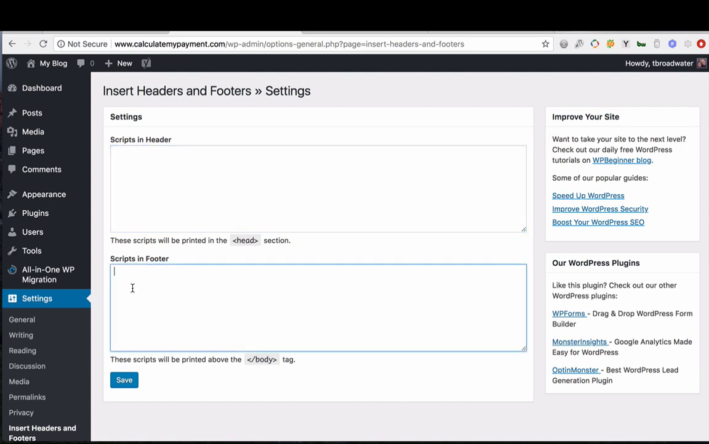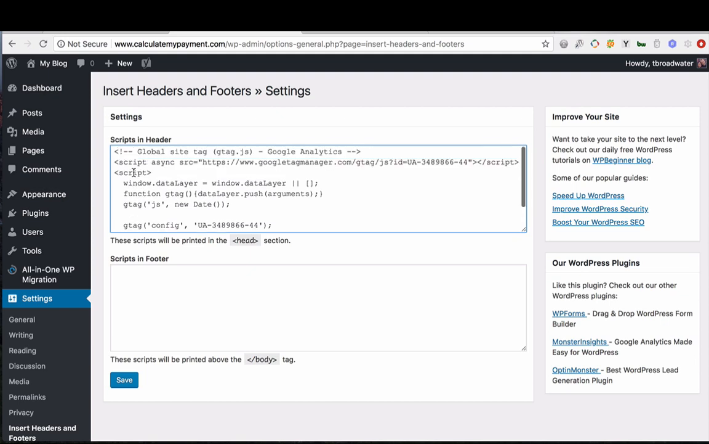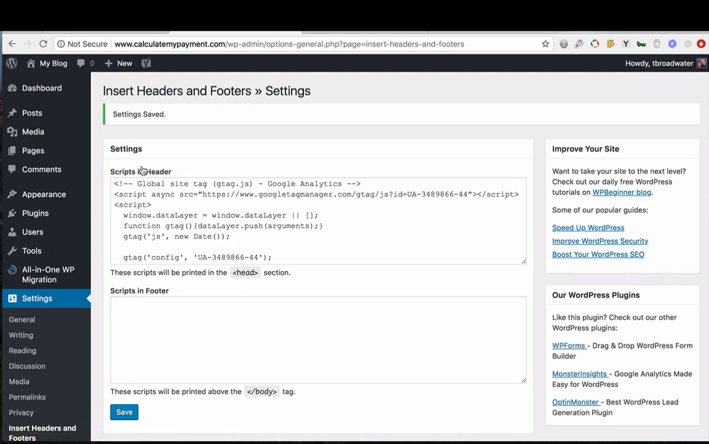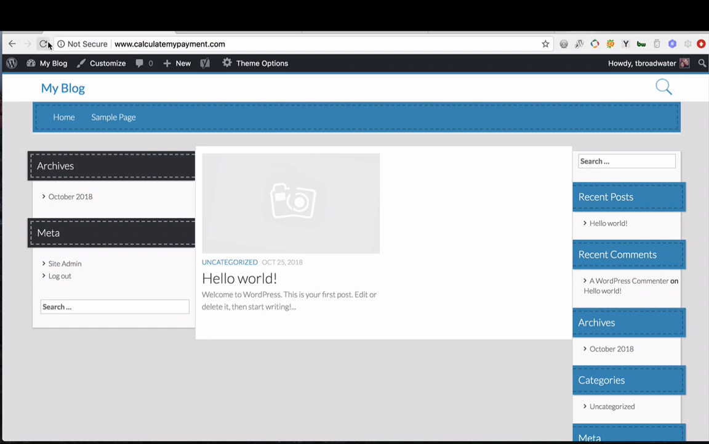I usually try to put it in the footer just to improve site page load speed, or I'll use a plugin to add it. I'm going to just throw it in the header here so we can take a quick look and see if it actually shows up on the front end of the website. So I'm going to paste that in here. There's my code. Now all I need to do to lock that in is click Save. It says settings saved. I should be able to go to the front side of my website now and refresh it,